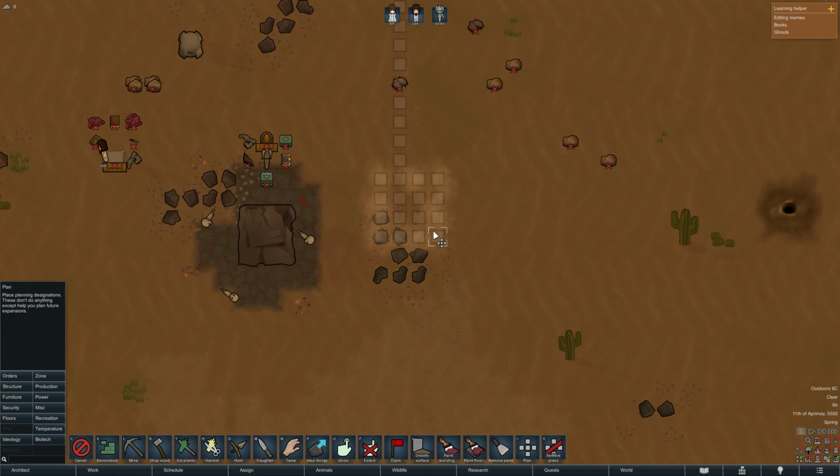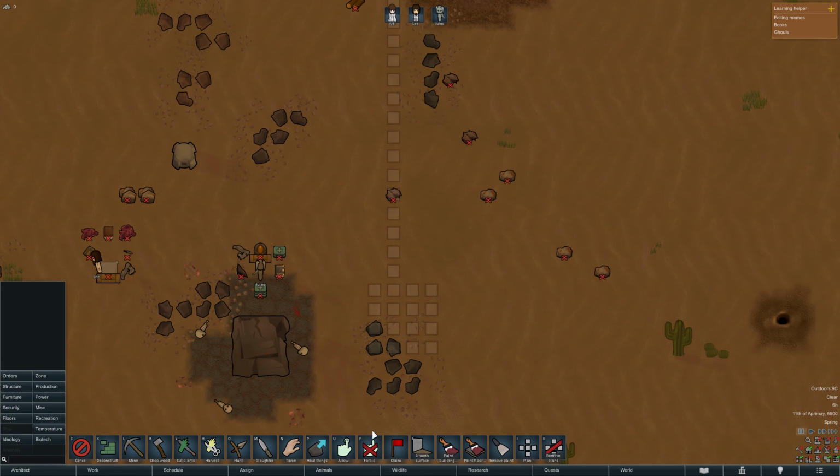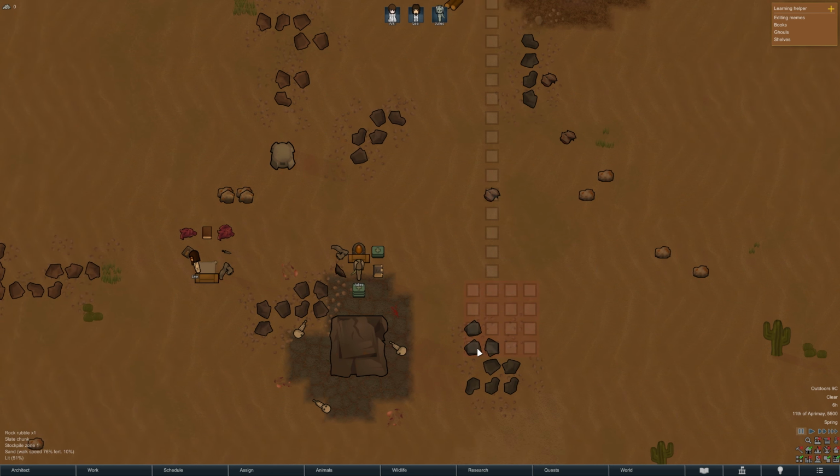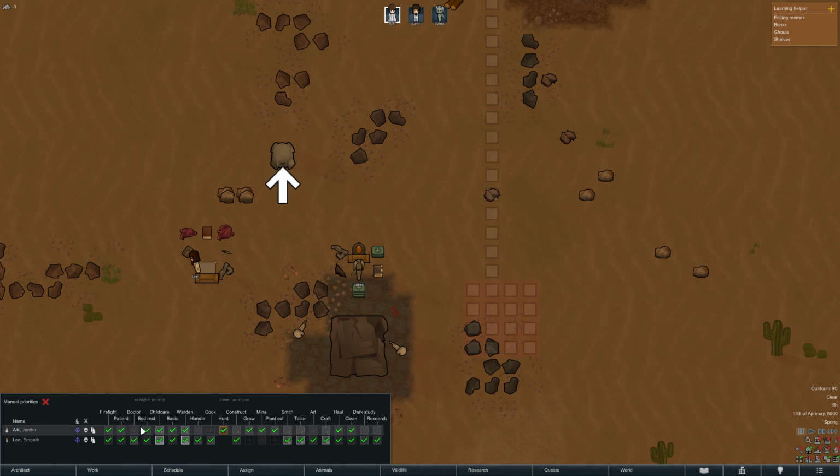We can make it a little bit larger. And I like building in squares and in 4s. We're going to allow all, which someone showed me in a previous playthrough, which is great. So you can just right-click allow and allow all. So all this stuff is now unforbidden. Let's start and we'll just put a general stockpile there to get the ball rolling. What about work? I'm just going to...